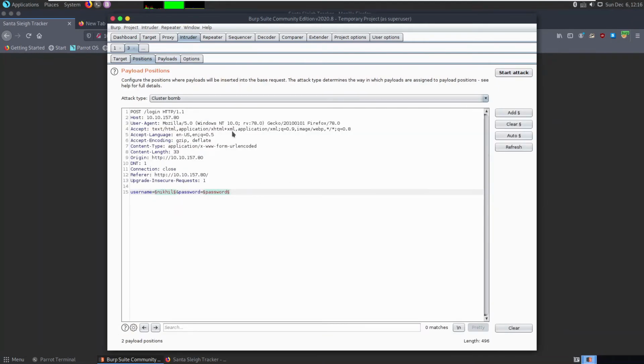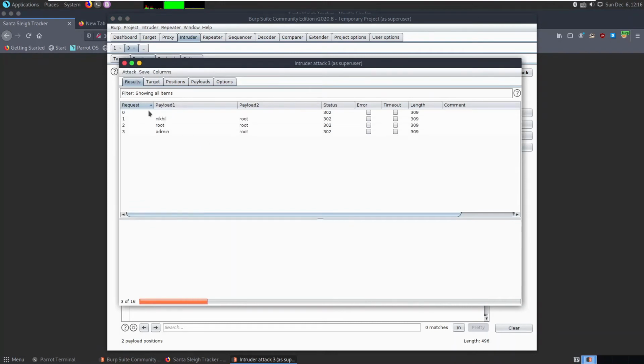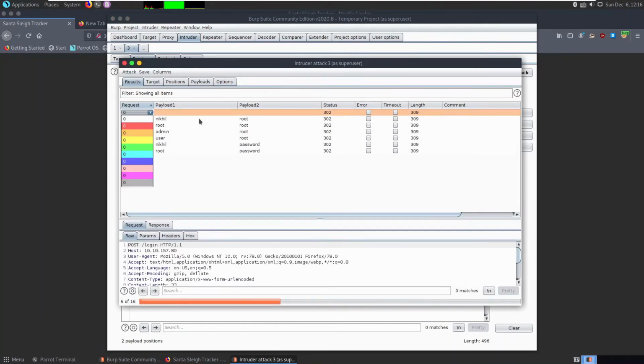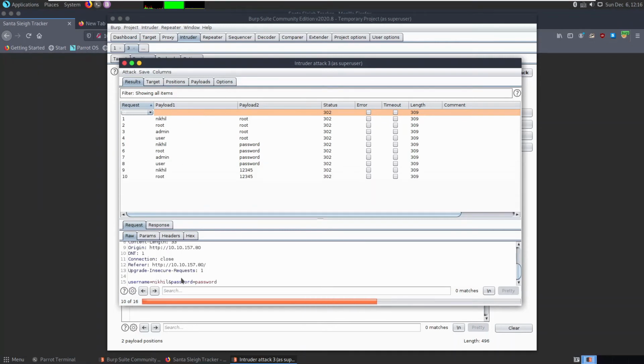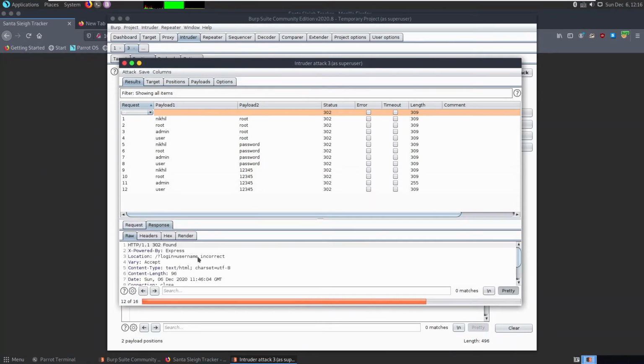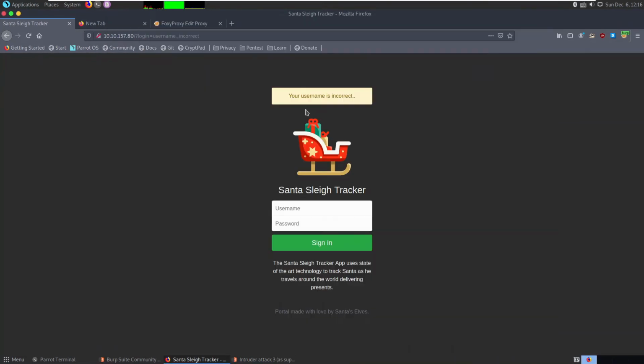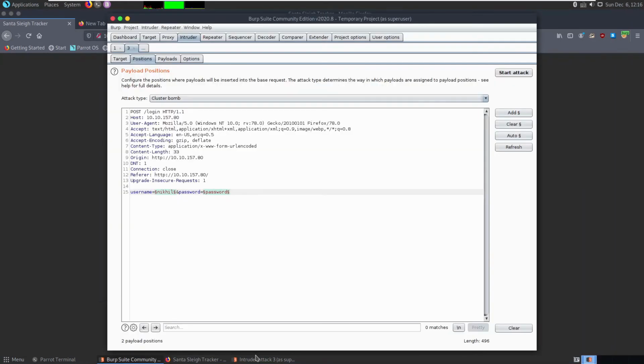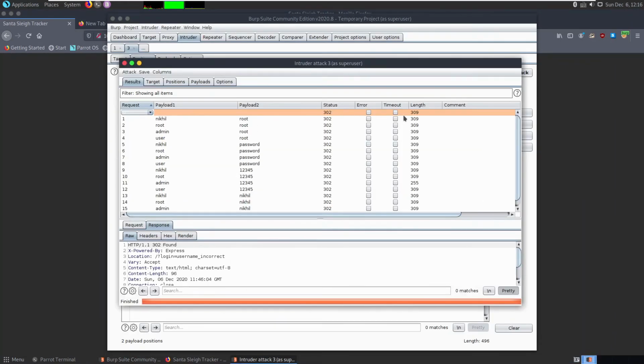Click on OK. Now you can see the first one, request 0. This is the actual request being sent, with Nikhil as the password. You can see the response is saying username incorrect. Now you need to compare the length of the response, because the failure page will be of some bytes and the login success page will be of another length.